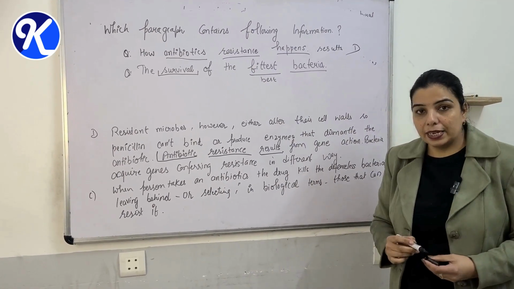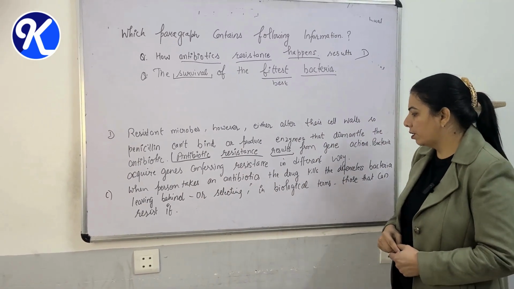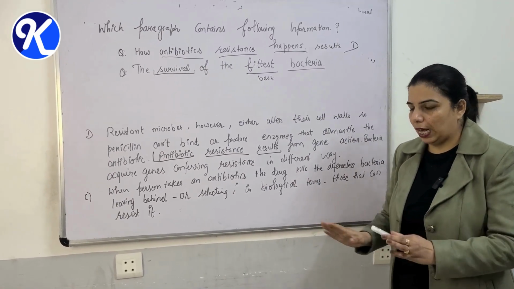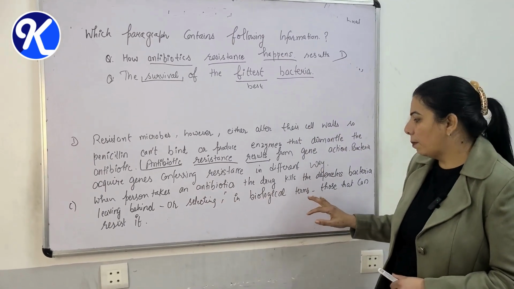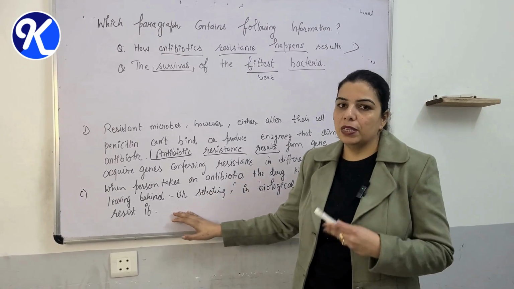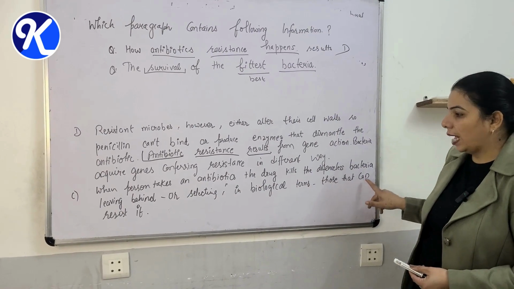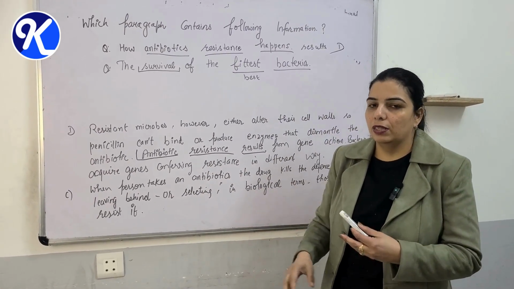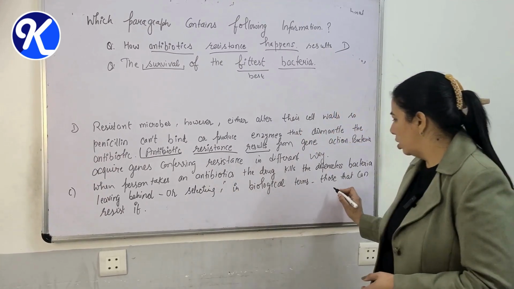Now moving to the second example. When a person takes an antibiotic, the drug kills the defenseless bacteria. Means they do not survive, they get died. Leaving behind, or selecting in the biological term, those that can resist. Leaving behind means those who survive. In biological term, those that can resist. That can resist means they are the best one. They survived the attack of the antibiotics. So survive,